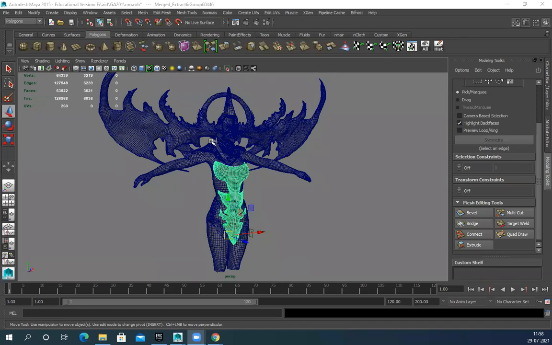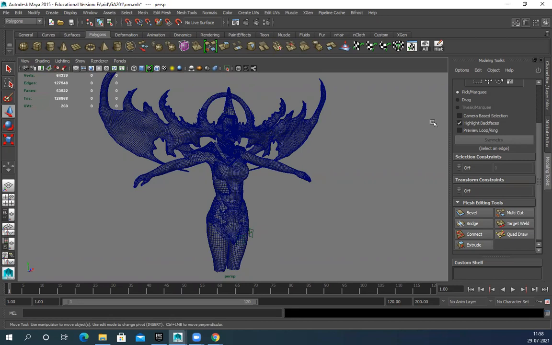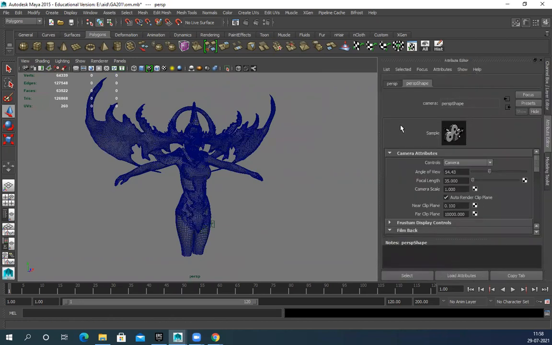Yes, sir. So whenever this thing is happening, everything is camera basically, right? There is something called far clipping and near clipping. Go to whatever view you are in where it's happening, go to View, select Camera, click on this and press Ctrl A. It will open this window, Perspective Shape. This is the perspective view, so Perspective Shape, not this perspective. Remember this.